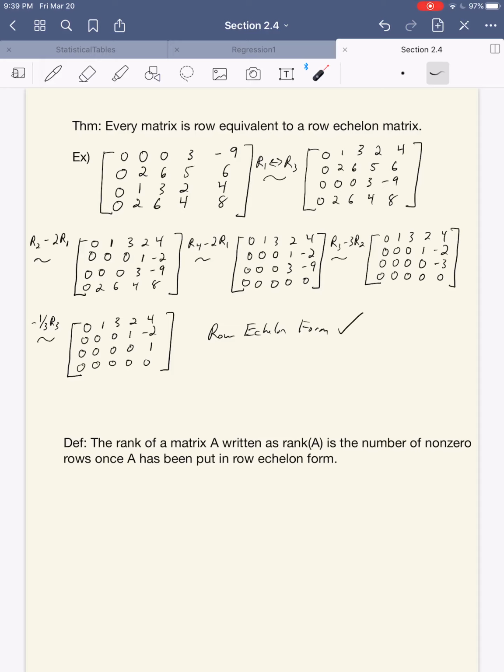Now, we do have one other very, very important definition to mention here, which relates to what we meant by talking about the fundamental structure of these matrices. So, this definition is very important. It's a fundamental property of a matrix. We say that the rank of a matrix A, written as rank of A, is the number of non-zero rows once A has been put in row echelon form. So, what that means is, in the above example,